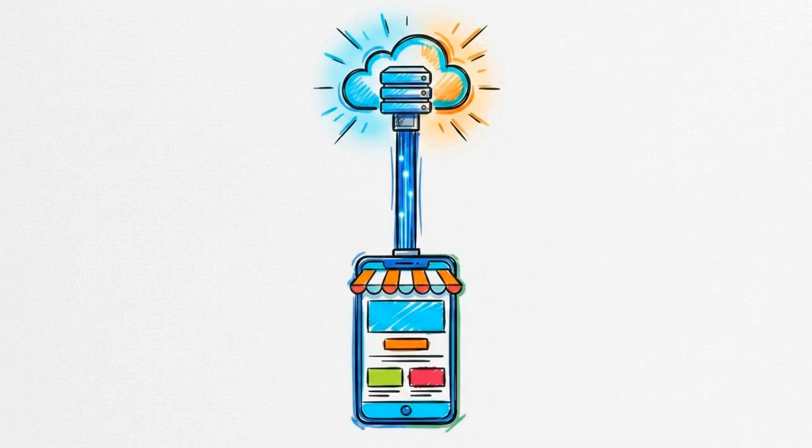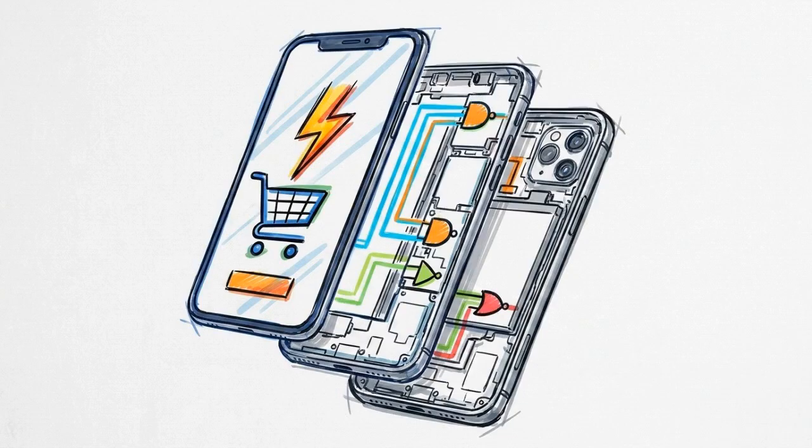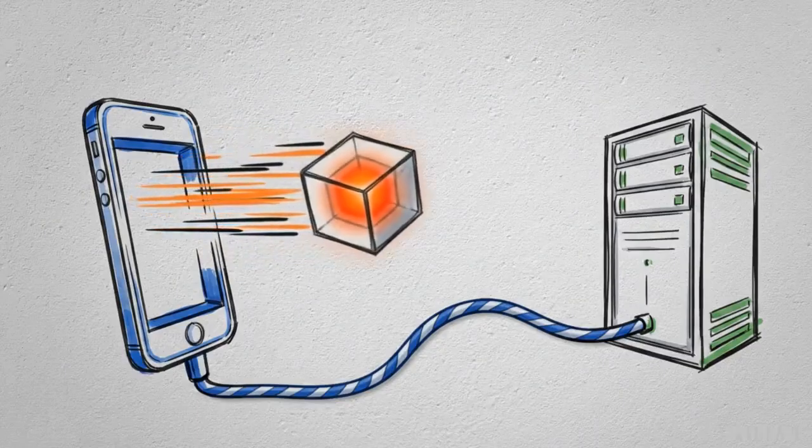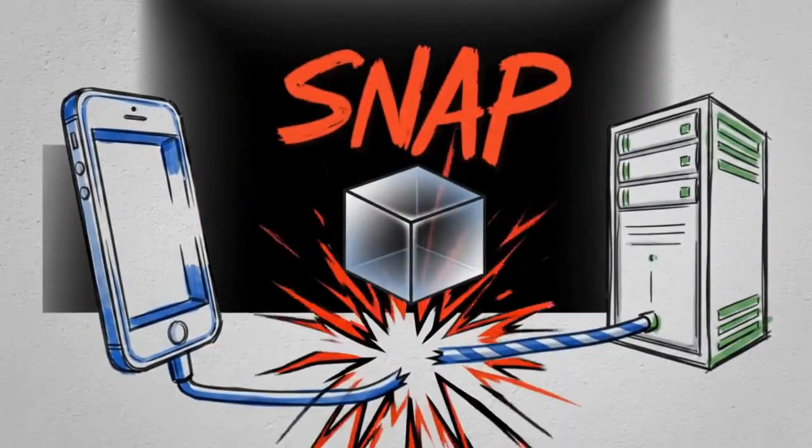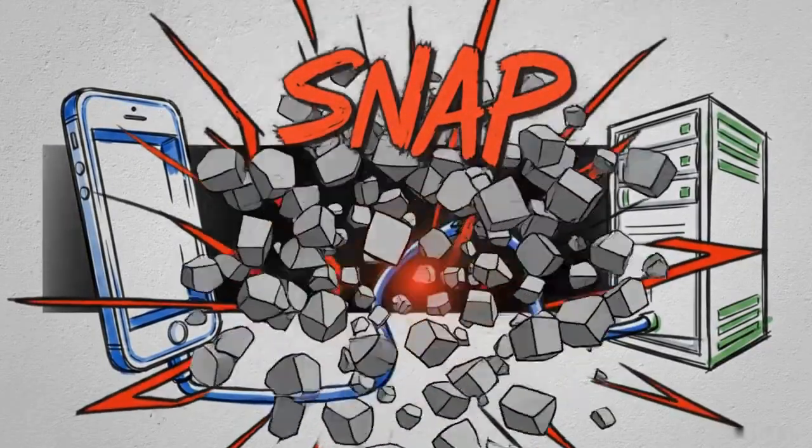The modern e-commerce standard is built on a massive assumption: a persistent, high-bandwidth connection. In the traditional thin client model, the front end is little more than a visual shell. Every time a user clicks Add to Cart, the app fires a synchronous API request, waiting for the server to validate and record the action.